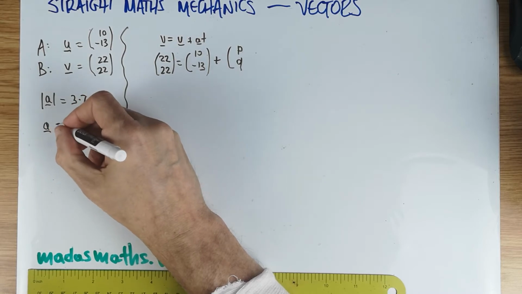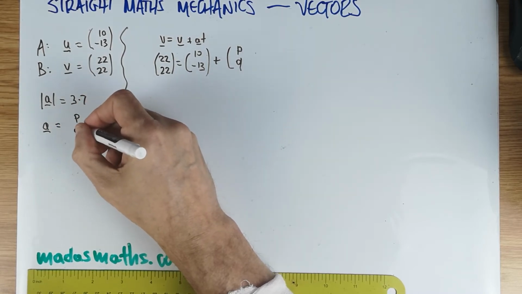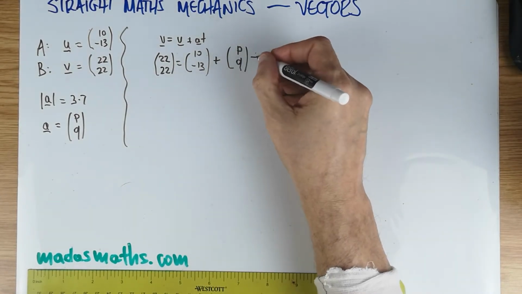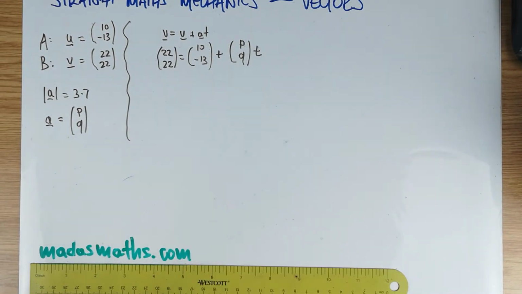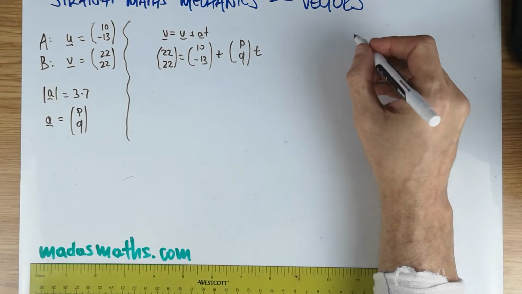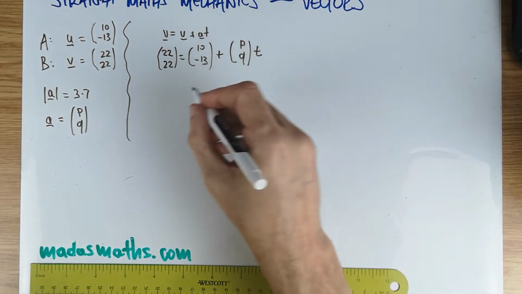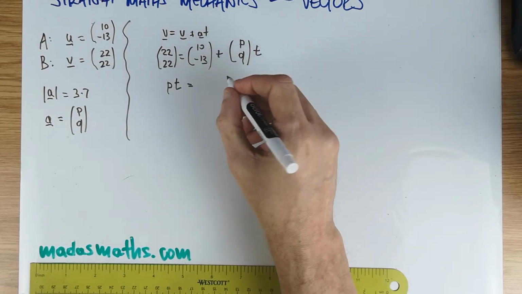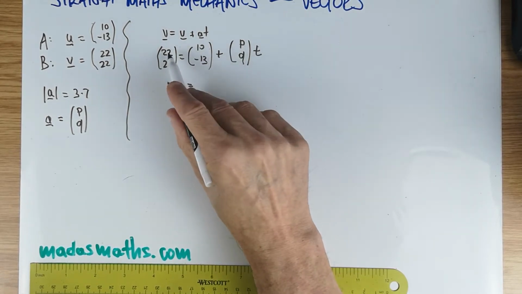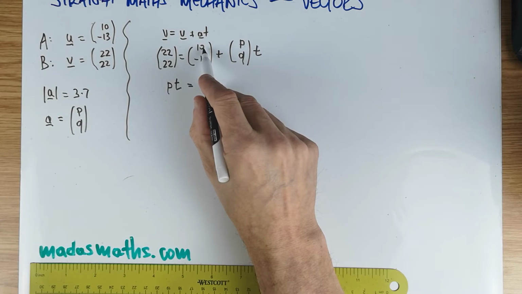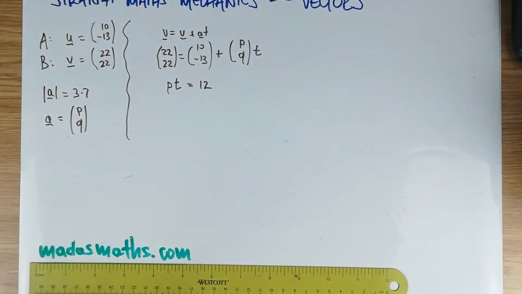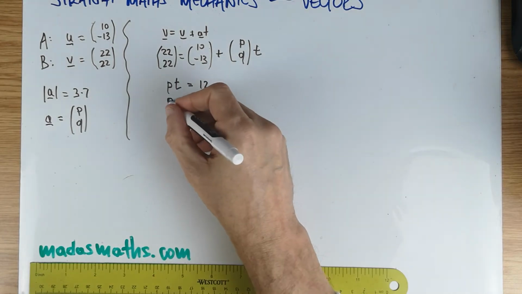The acceleration is, in fact, (P, Q) times T. So essentially, we're going to get 2 equations. And this one says PT is equal to 22 take away 10, which is 12, and QT